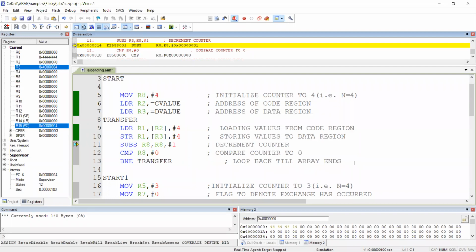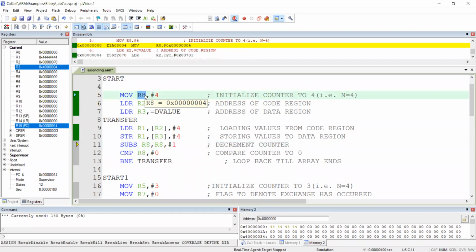How will you check? See, the same number 4 you have stored in R8. That's why R8 will be decreased by 1. That means one number out of 4 is copied. So how many are remaining? If 4 numbers are there to transfer and one number is transferred, then 3 more numbers are remaining. How do we get 3 more? I hope you know, for i equal to 4, i less than or equal to 0, i minus minus. In the same way, subtract R8 by 1. So R8 is a counter that keeps observation of how many numbers are copied and how many numbers are about to be copied.